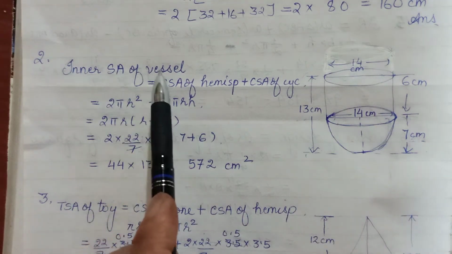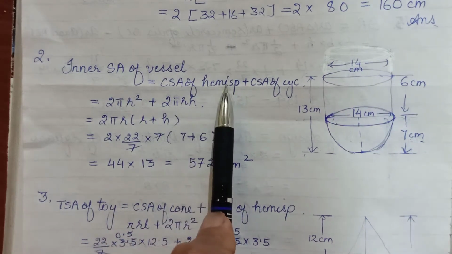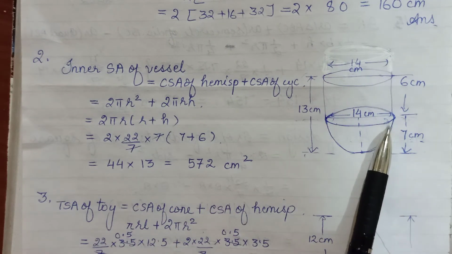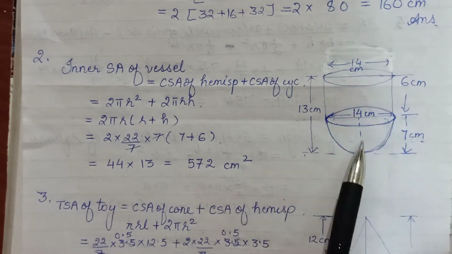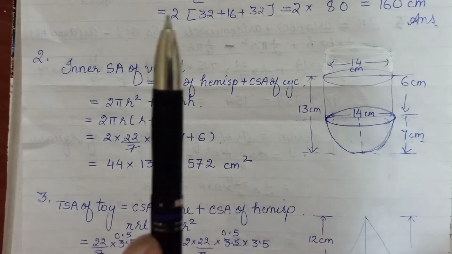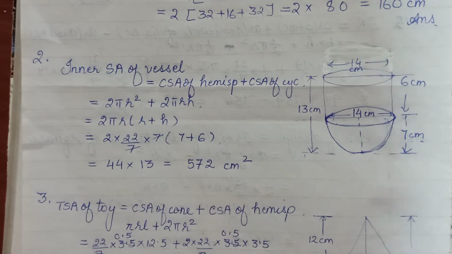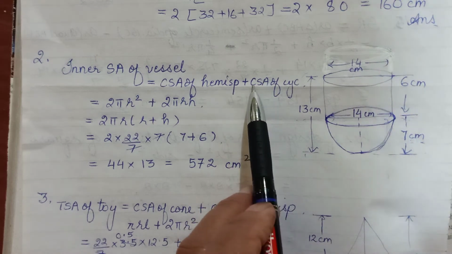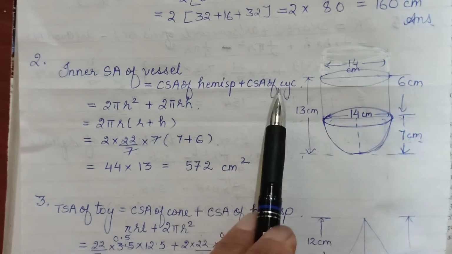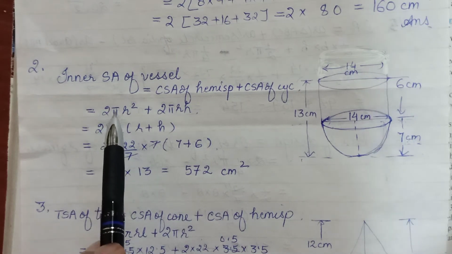So inner CSA, inner surface area, would be CSA of hemisphere, curved surface. Remember the difference, curved surface and total surface. Total में ये base भी आता है circular, but वो solid sphere नहीं है, तो यहाँ पे कुछ नहीं होगा. This would be empty out here, okay? So surface area, like last year also I had explained you, is what we can see and what we can touch, wherever the surface is visible. And CSA of cylinder is 2 pi RH. Hemisphere's formula is, sphere का होता है 4 pi r square.